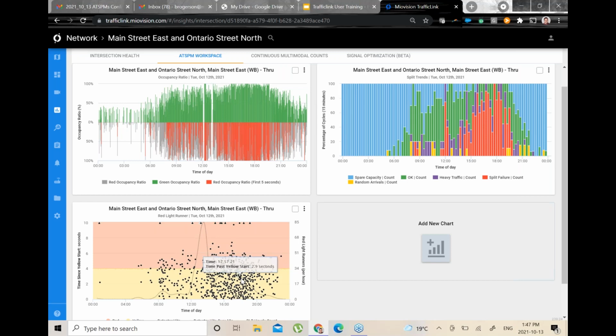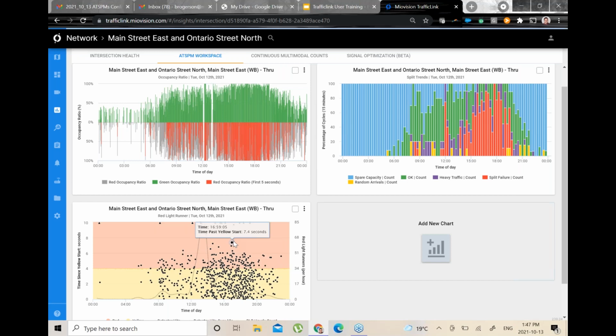So are they running the yellow light, the all red clearance, which is usually 2 to 3 seconds, depending on how you have it programmed? So you have that all red part of the sequence, and then you have your normal phasing. At this particular intersection, we are starting to see some people stretch into about 8 seconds past when the light turned yellow. 7.3 seconds, 7.4 seconds. That means people are running into saturation. They're starting to push their way through the intersection because they need to get through. That could potentially lead to a safety hazard or just a good indication that people are pushing the signal a little bit, which could trigger a retiming.